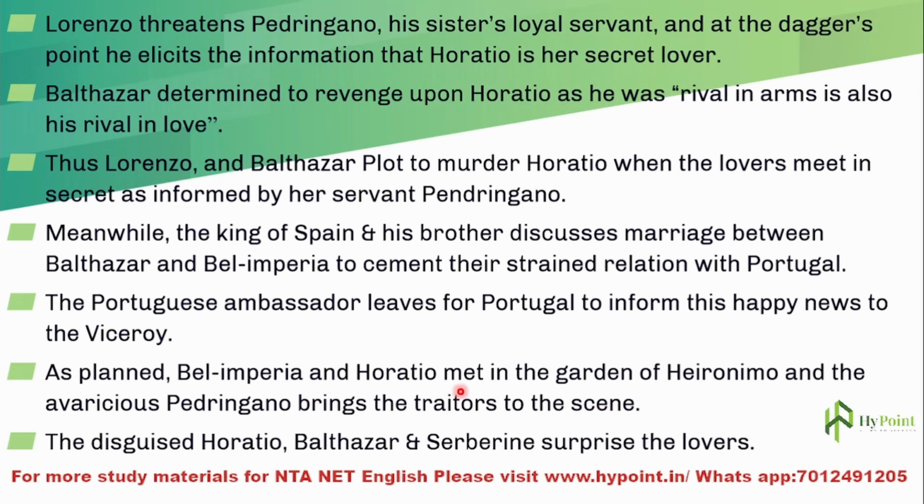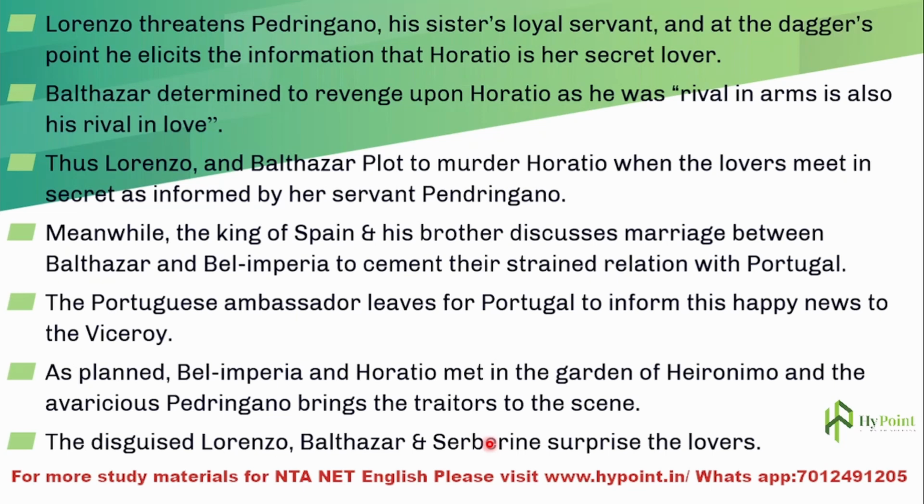So Horatio and Bellimperia, as planned before, met in the garden of Hieronimo, and the avaricious, crude and cruel Pedrigano, who was a loyal servant to her so far, brought the traitors, that means Lorenzo and Balthasar, to the scene. So what happens next? The disguised Lorenzo, Balthasar, and Cerberin, his servant, come to